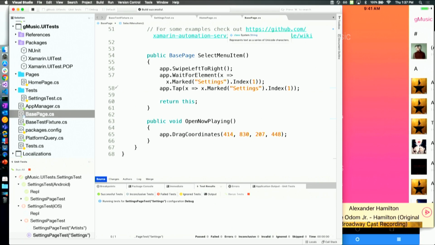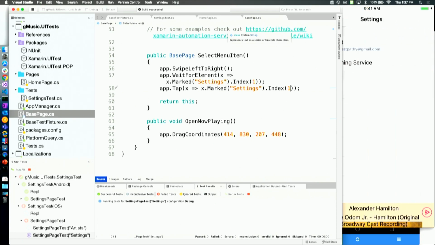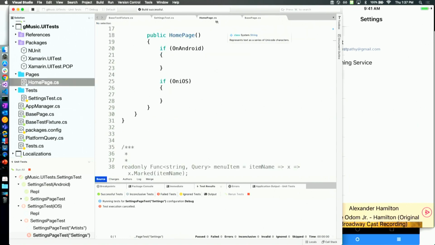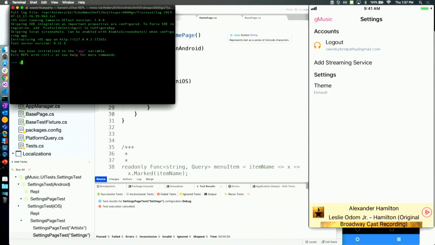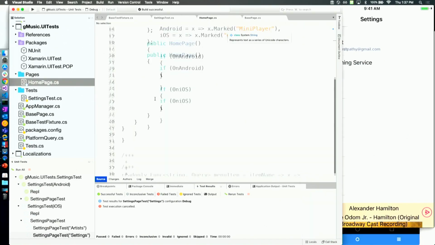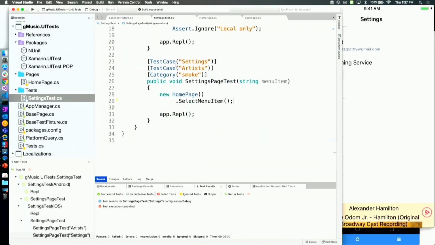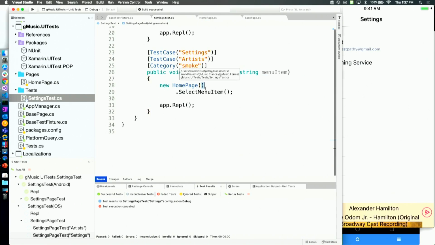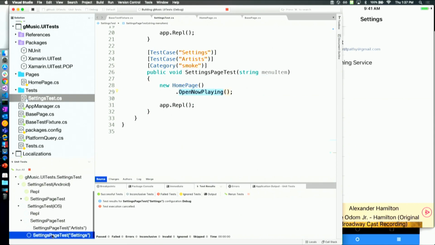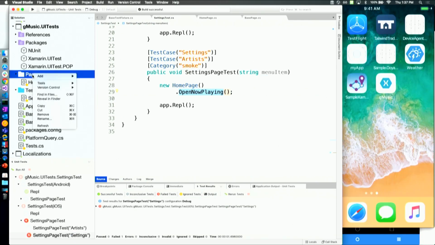Well, I want to verify it's the right one too, but okay, it would come in here and you come into this page, right? But what we're actually going to write the test for, I want to write a test for that now playing screen, right? So let's try this. Let's go in here, test. Open now playing. I'm going to open up a REPL on that page. Okay. So while that's launching,